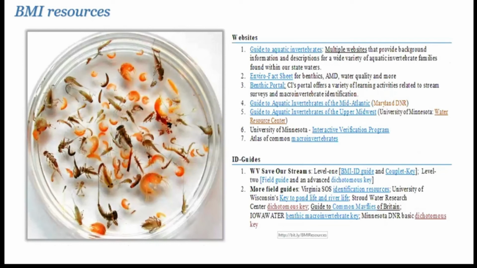What's interesting and cool about these animals is that once you learn how to identify them and you have a preferred key, and it doesn't have to be Save Our Streams, although I think I'm a little biased. I think Save Our Streams keys are some of the better ones. But these animals are ubiquitous. They're worldwide. They occur all over the planet, and they're very similar all over the planet. So you can take a key from West Virginia or Michigan or Minnesota or Georgia or wherever and use that same key to identify these animals wherever you are.